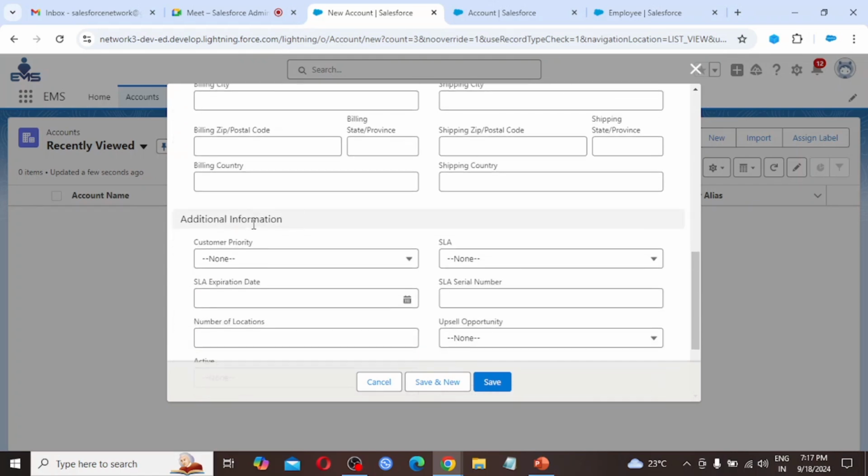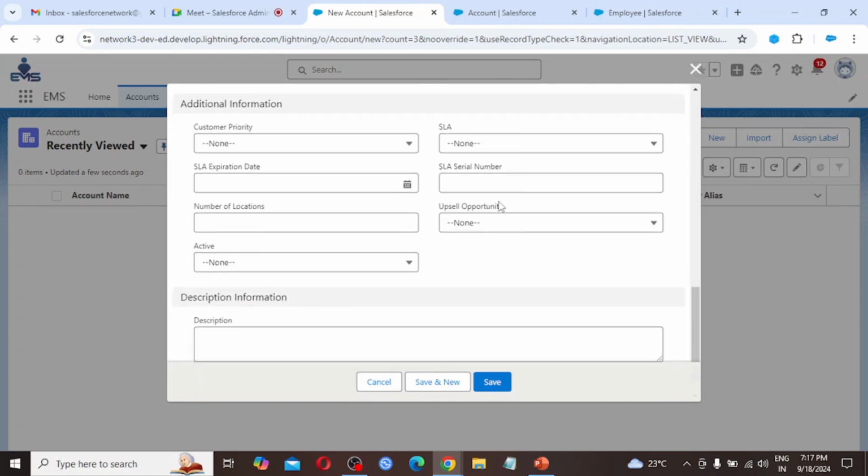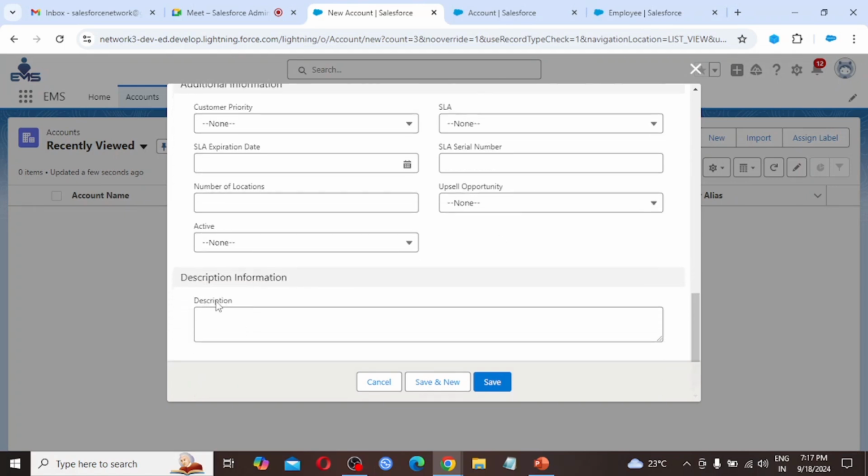Additional information: customer priority, SLA expiration date, number of locations, active, SLA serial number, upsell opportunity, description,